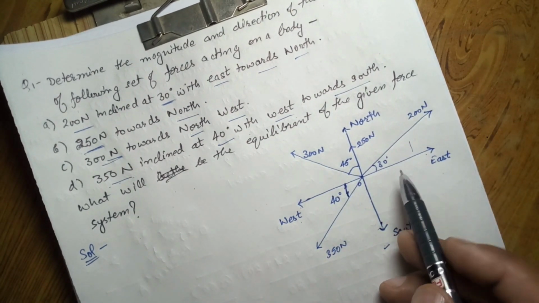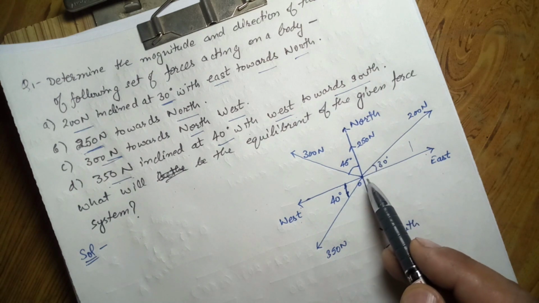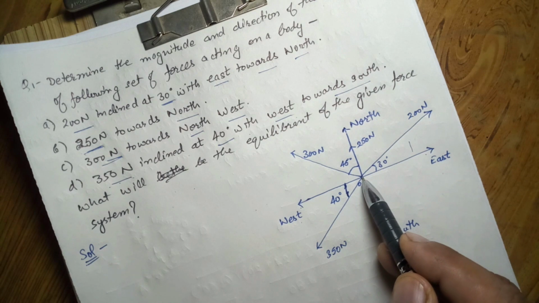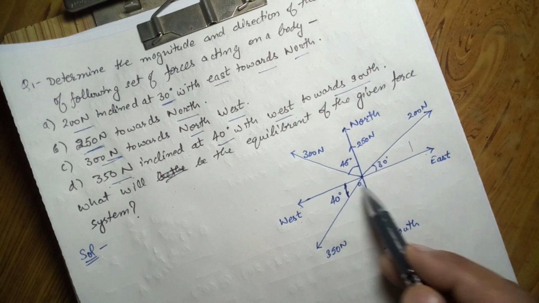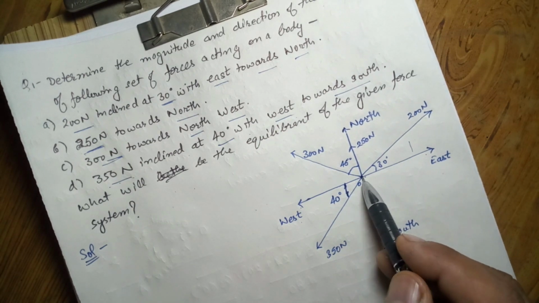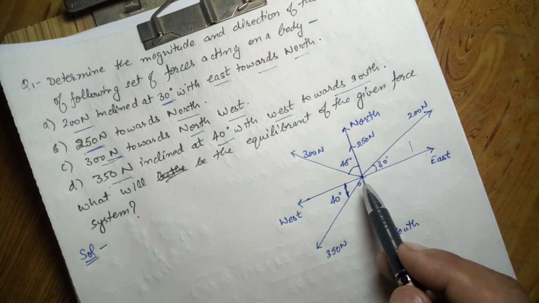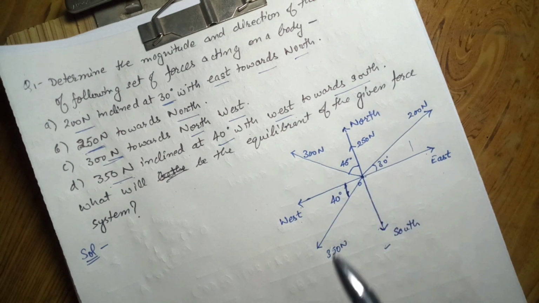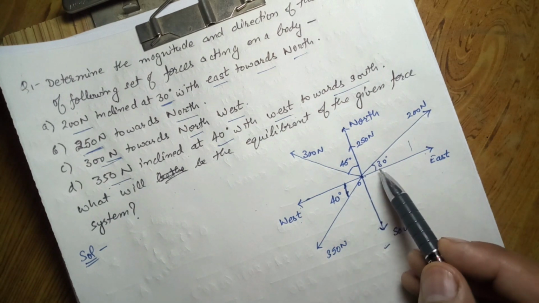Now from the diagram it is very clear that we cannot directly apply the parallelogram theorem, and all the forces have one single point through which their lines of action pass. So this is the case of coplanar concurrent forces, and in the last video I discussed how to find the resultant. There are three steps to solve this. Now what are these three steps?